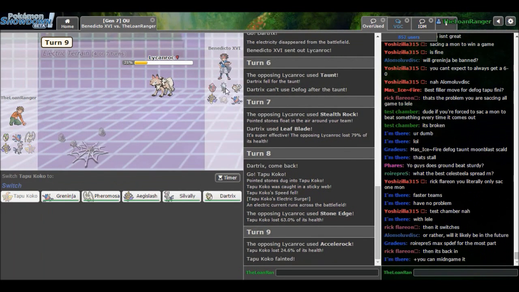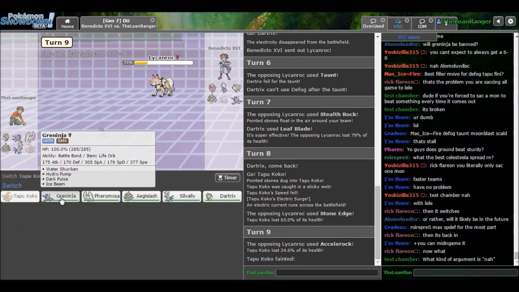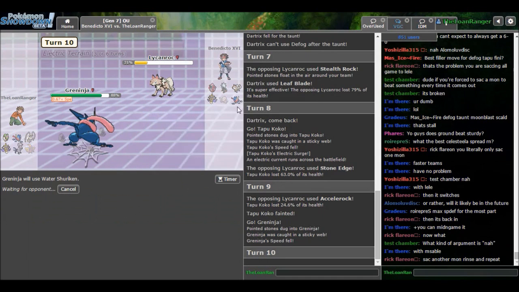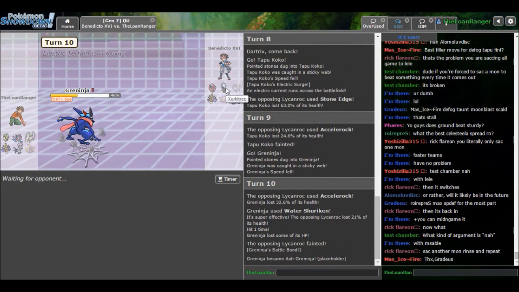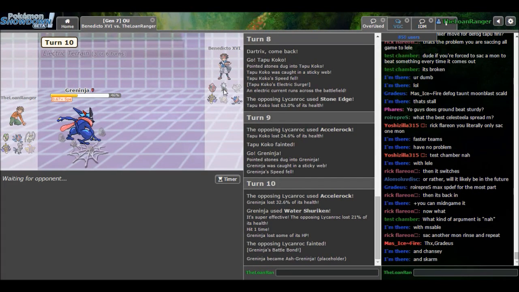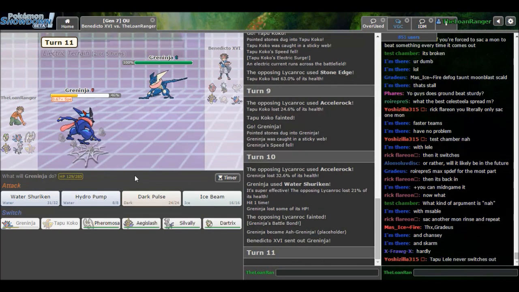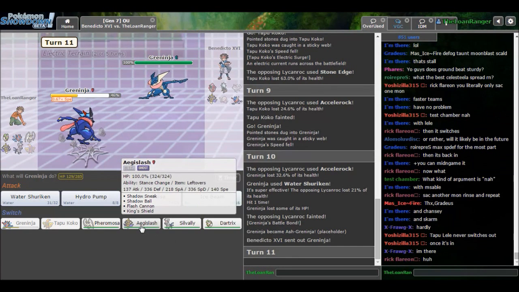He's actually trying to set himself up for a sweep with Circuitry, but I can easily prevent that. We're going to go into Greninja here. We're going to Water Shuriken. He can Accelerock, but it's not going to matter too much. I'm going to take it out. And now he can't even really go into Circuitry. Well, he can, but he can't Tail Glow up because Water Shuriken with the Battle Bond boost will be able to KO. So he goes into his own Greninja, and